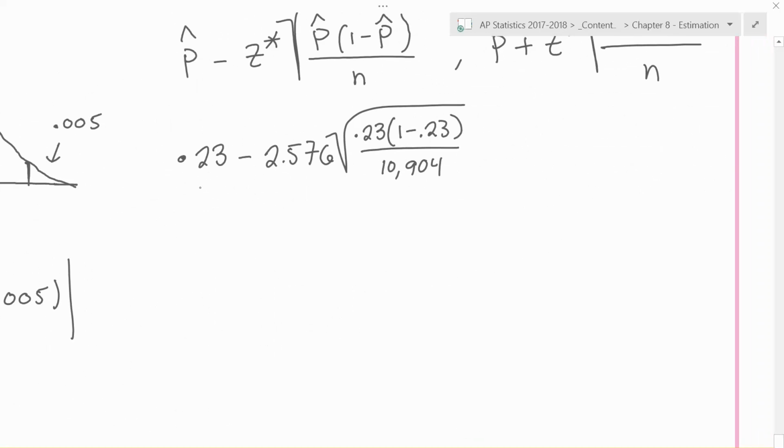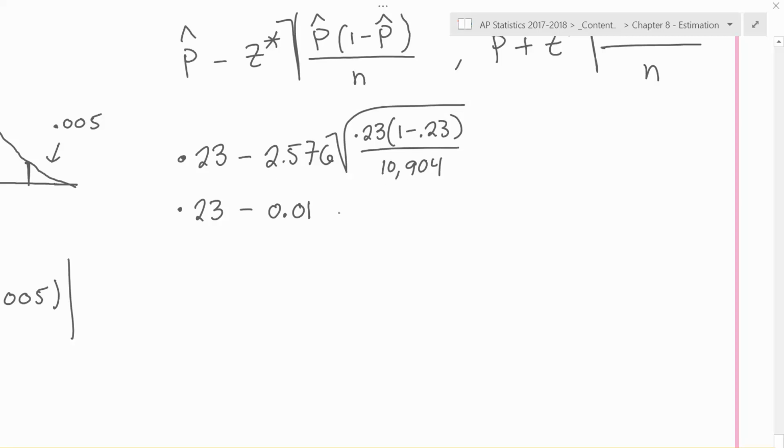Okay, so I worked out the margin of error. So the formula now looks like this. I found that this whole thing, the 2.576 times the square root of 0.23 times 1 minus 0.23 all over 10,904,